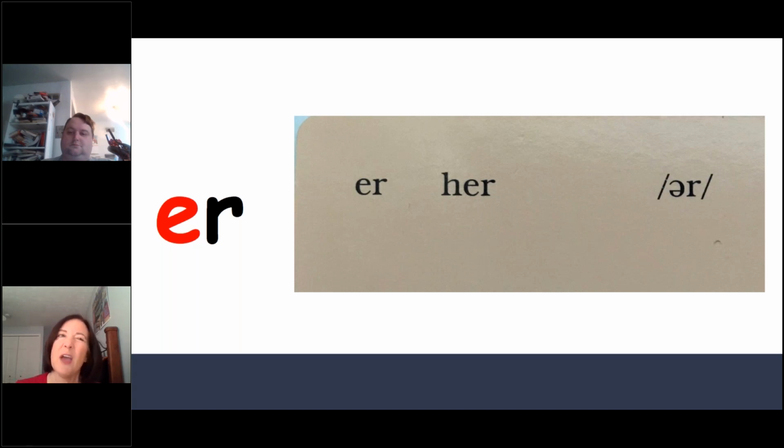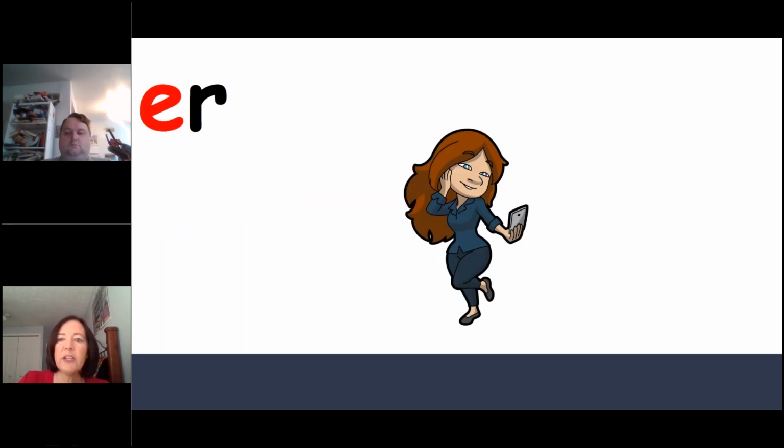even if you've misspelled it, like for instance, that word beggar, people will understand what you have written. And if you're typing, the autocorrect will make that correction for you. So ER says /ɜr/ and is the most common way to spell it. Okay, the sound card says ER, her, and our brain should be thinking ER, her,